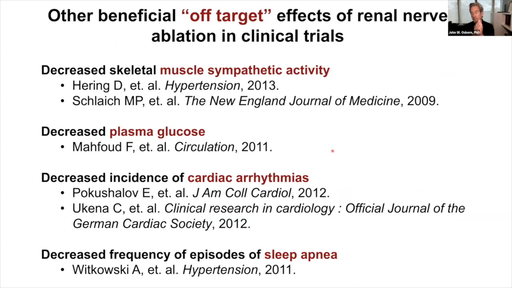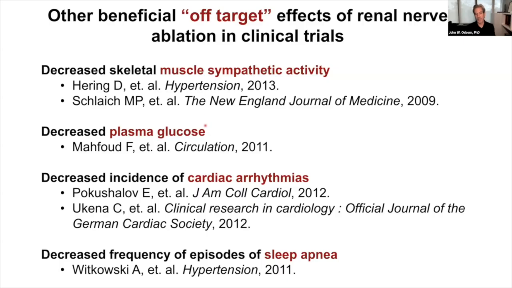Now, this is where we make the switch, though, and how it works. And that's what we put a lot of work into studying in preclinical studies. In some of these patients, you denervate the kidney, and the idea was you're interrupting the nerves to the kidney, but you saw effects in other organs or targets that were not easily explained in the beginning. So for example, if you measure muscle sympathetic nerve activity, something Vaughn talked about in his talk in humans, so sympathetic activity to the leg, that goes down if you denervate the kidney.